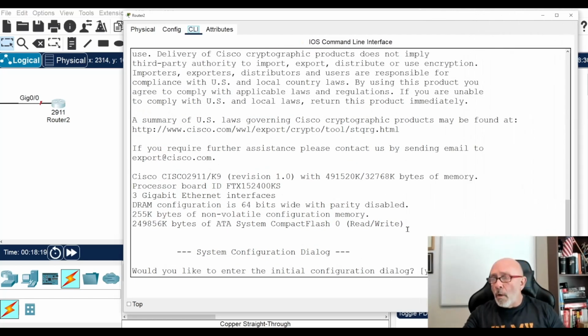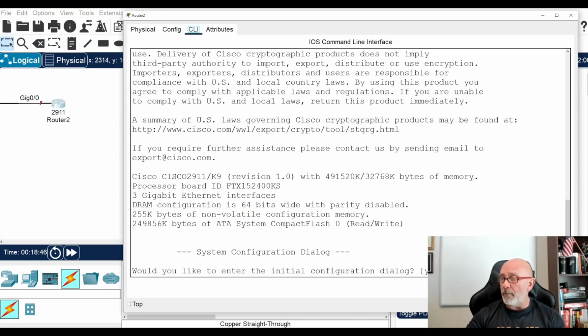All right, so when you boot up the router, obviously the router has its components, right? Its main four components, which are the ROM, RAM, NVRAM, and flash. The flash is what's going to hold your IOS, okay? Your NVRAM is going to hold your startup config. So on boot up, when it looked for the startup config file, it didn't find it. So it didn't load anything.